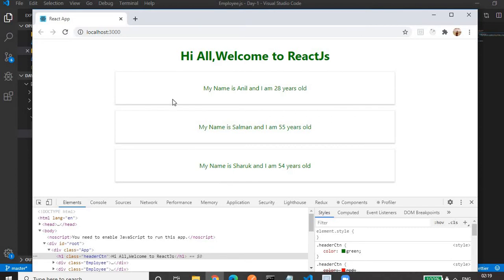You can imagine this as a Facebook page, because Facebook uses React.js. In Facebook, usually what they do is create a post component. Like we have an employee component, they create a post component, and they keep on repeating the post component and providing dynamic content to it.